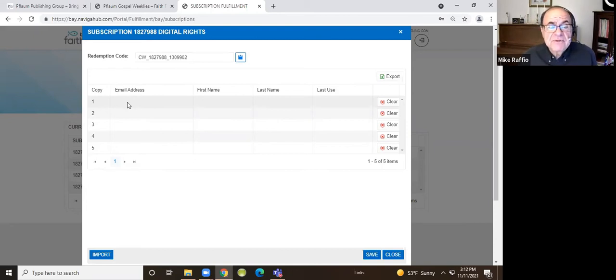But just remember that if you have 5 copies or 15 copies, whatever it is, if you need that for that many students, remember that if you don't clear yourself, you're not going to be able to assign it to as many students as you want to assign it to, because you're going to be one short because one copy has been assigned to you. Now, there are 2 methods, as I said, where you can assign digital rights.